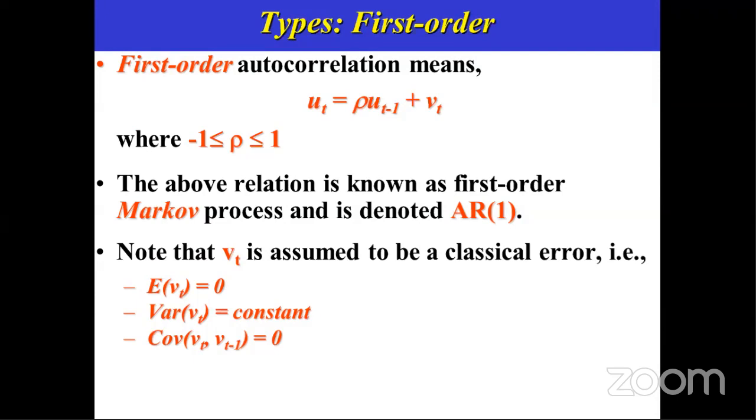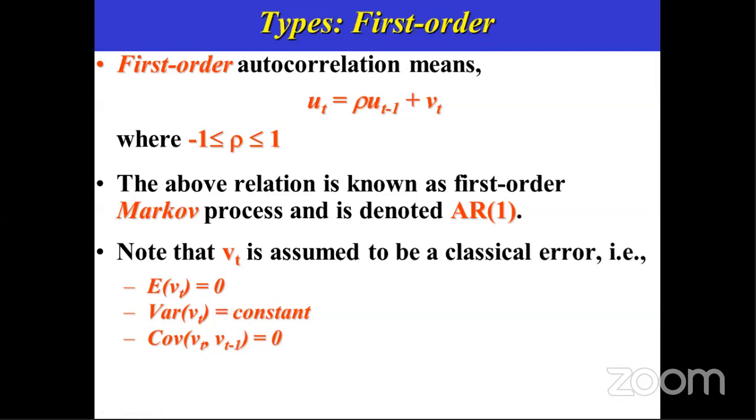The error of this autocorrelation function satisfies all the assumptions of the classical linear regression model, and most importantly, the expectation of vt is equal to 0. So that is the third assumption, that the mean value of the disturbance term is 0. Here vt is the disturbance term of this autocorrelation function. Hence the mean value, that is expectation, a mathematical expectation which is equal to mean in statistics,